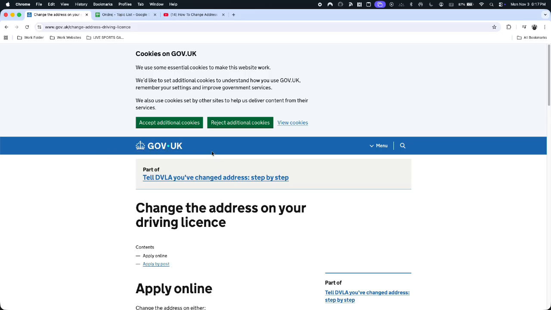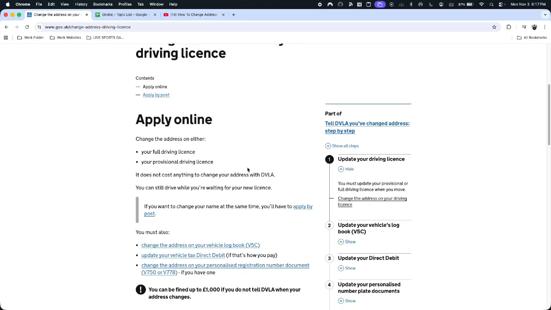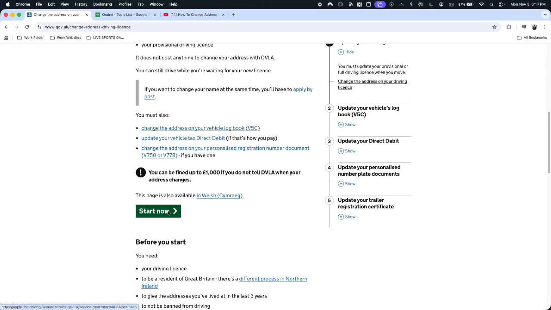First, go to the official gov.uk page for changing your driver's license address and click Start Now. Use the Next and Back buttons on the form itself, so don't use your browser's forward or back buttons. You might see a quick security pop-up. Just click Next if it appears. Enter your title, first name, last name, date of birth, and place of birth,